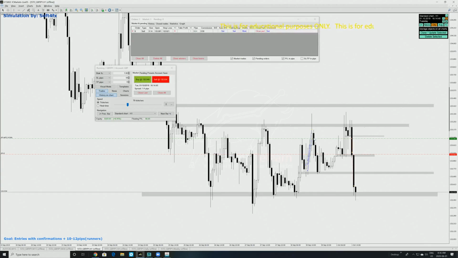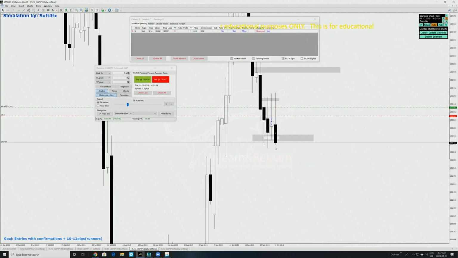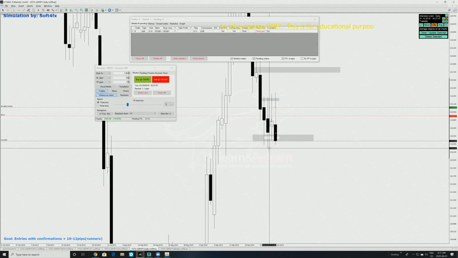Yeah, we did enter. Someone said I have a problem letting runners run. Just let them run. I mean, there's no problem. I have a runner running. I've taken partials off, and now we're just letting it run. And the daily support is breaking now. I guess we're going to come down to fill this wick here, 132,